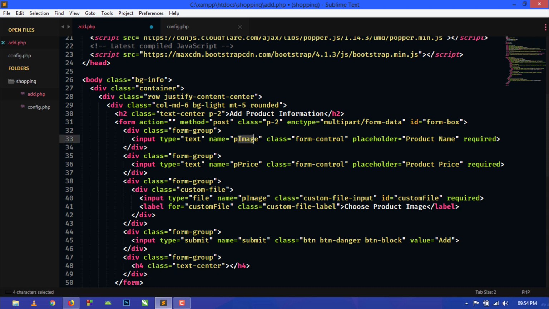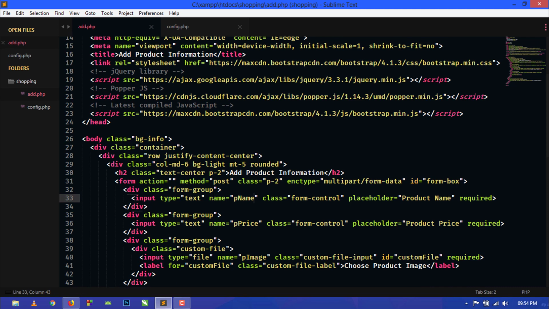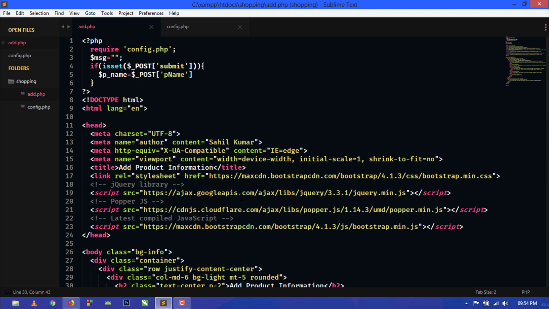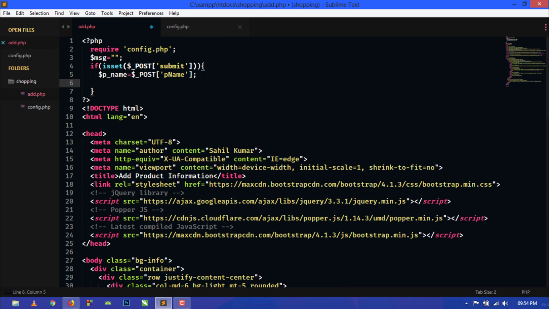Sorry, we just have to write p_name here, product name, because we have already written p_image in the file. So we have just grabbed the product name from that input field in this variable p_name. Like this we will also write p_price equal to $_POST and p_price,